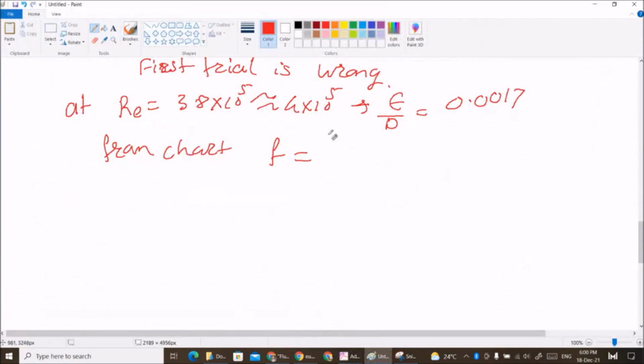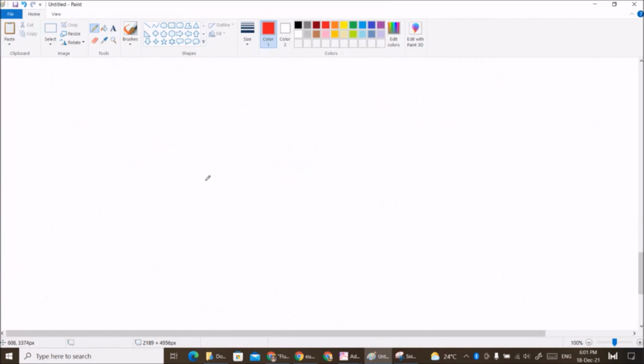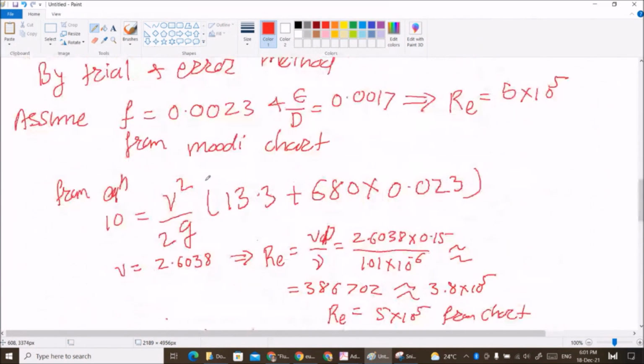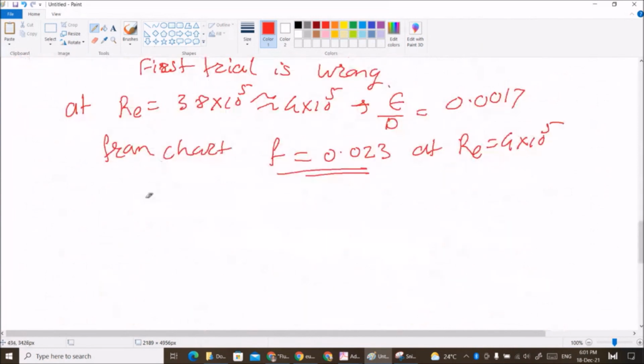So from chart, f is equal to 0.023 at Re is equal to 4 into 10 to the power 5. So we'll assume this and find the velocity and the discharge. So Q is equal to, so velocity V is equal to